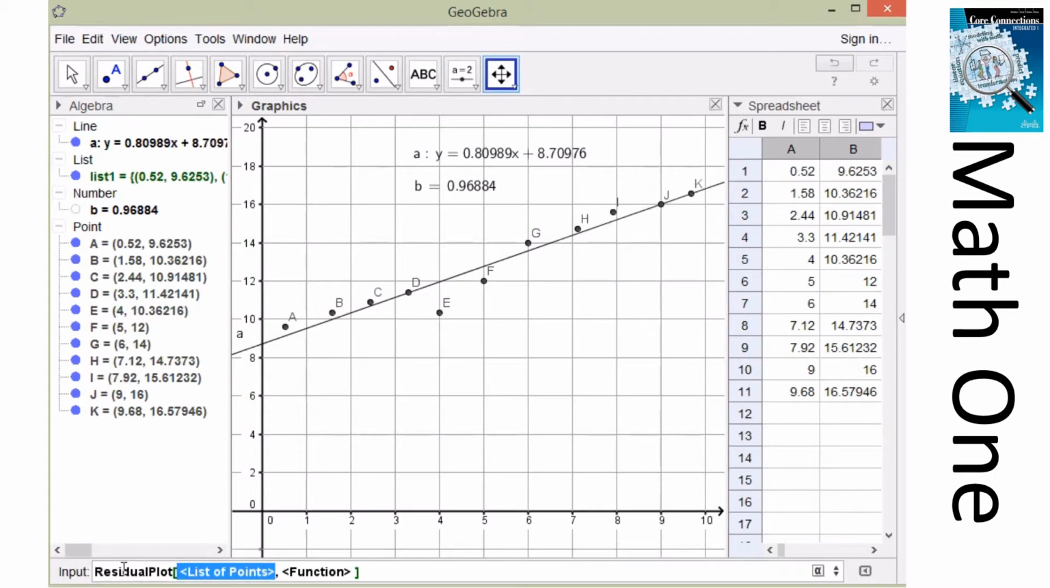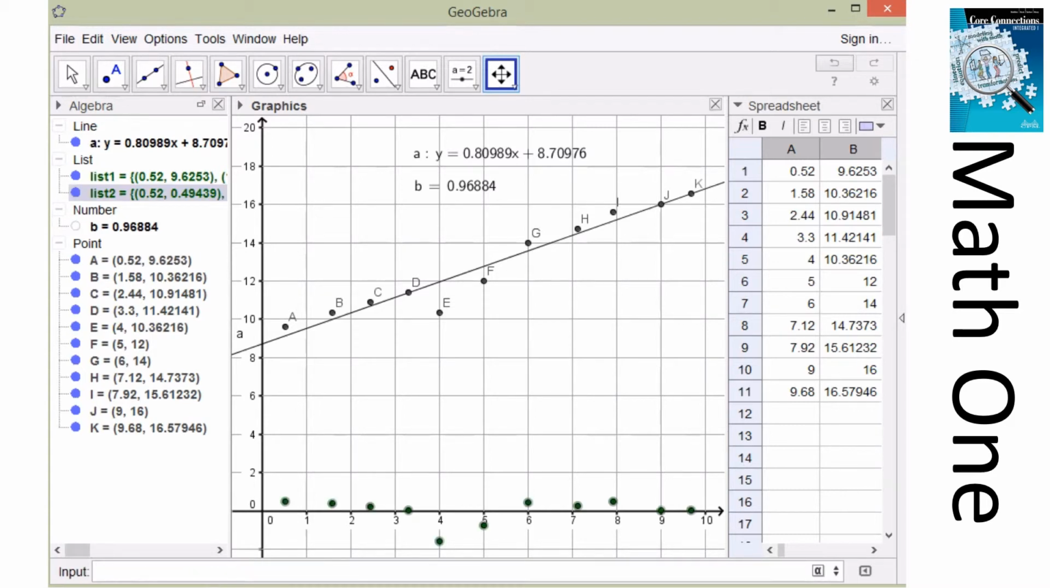And residual plot needs two things. It needs to know where your data is. Our data is stored in list 1. And it also needs, oops, that was wrong. Shift tab. It's in list number 1. And it also needs to know the function that's modeling the data. And here our function is A. So when I do that,